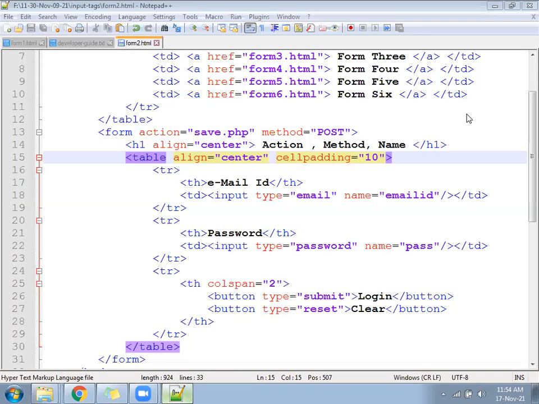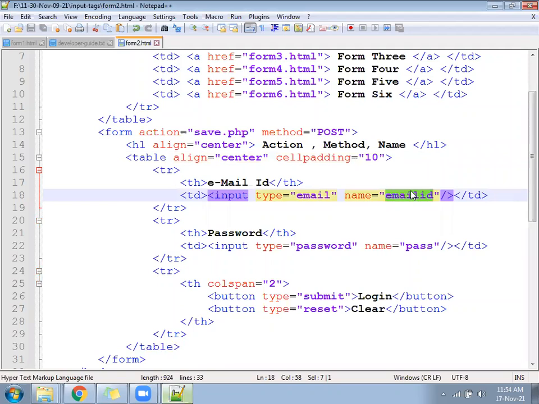Okay, now see how and where everything is going to work. Name property. For what purpose? To create the variable. Using the name property, we define two variables. One variable email ID, another variable called pass. Whenever the user enters the value, it will be stored in two variables. Email will go to the email ID and password will go to the pass variable. After that, the user will click on the login button.